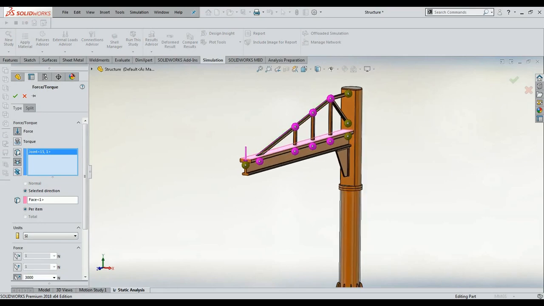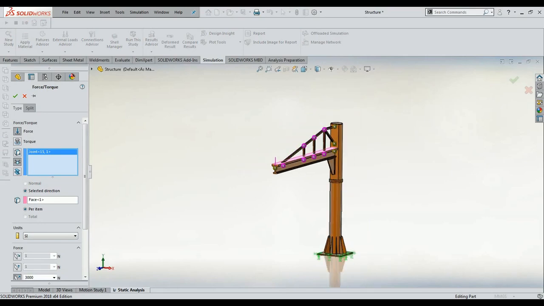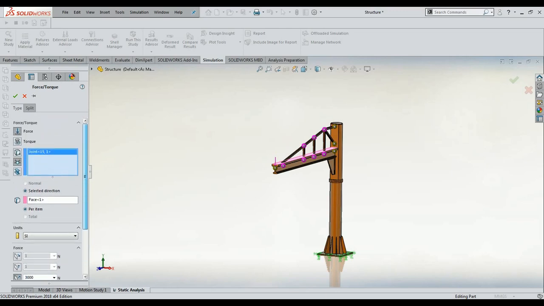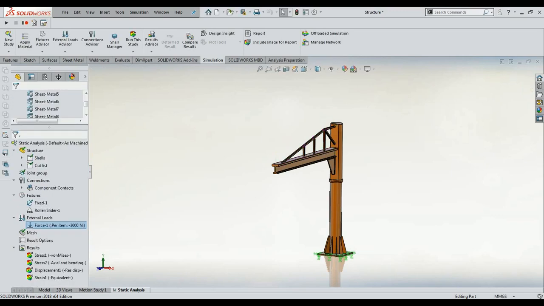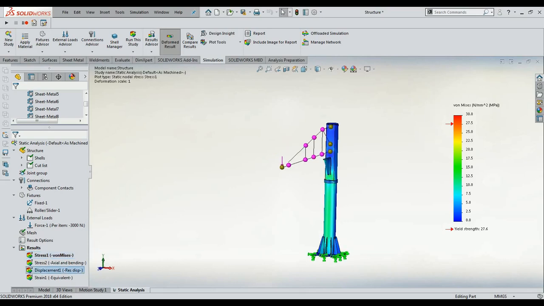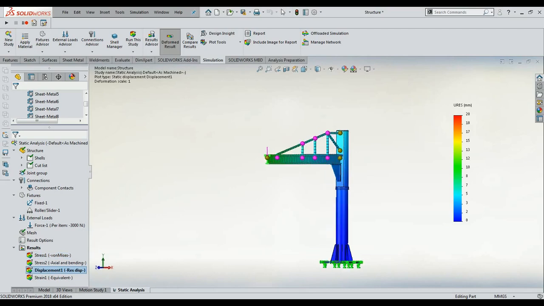So here I have applied the 3000 Newton force, and let me see what my static analysis will be. The static report shows the displacement, the strain, etc. So this is a static stress analysis report and the displacement report. The maximum displacement of 20 mm has occurred in my model